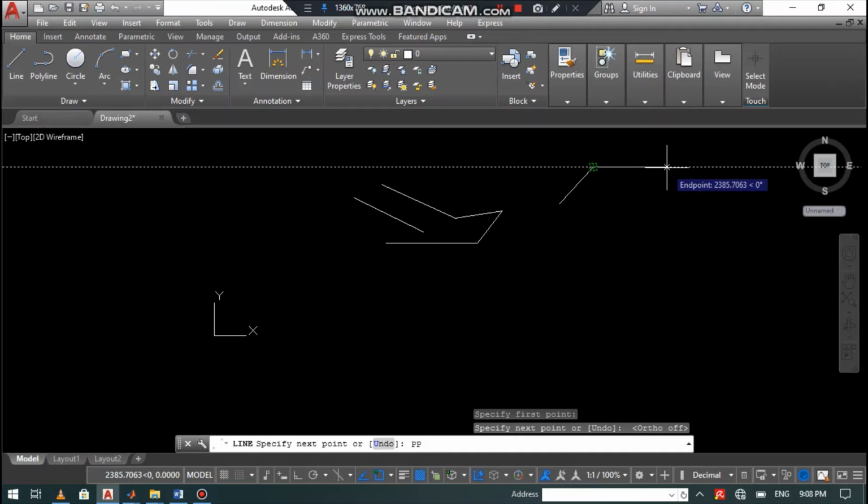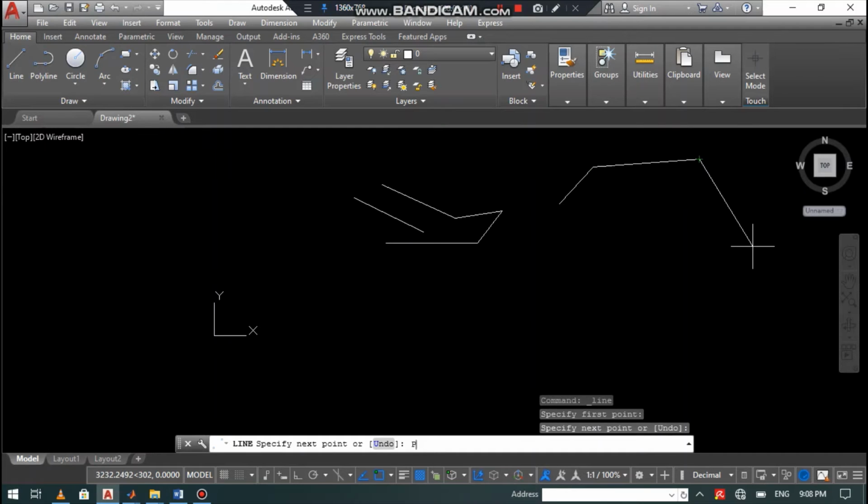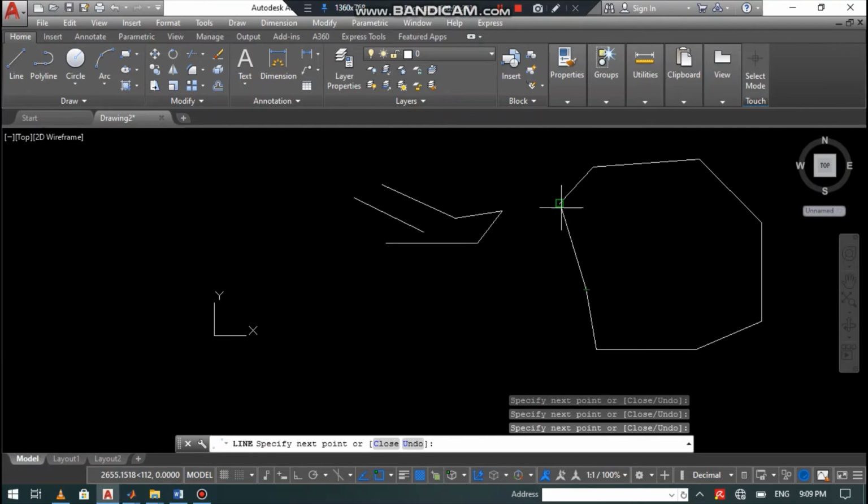Now specify your second point, then the next point, like this. So this is a polygon you can draw.